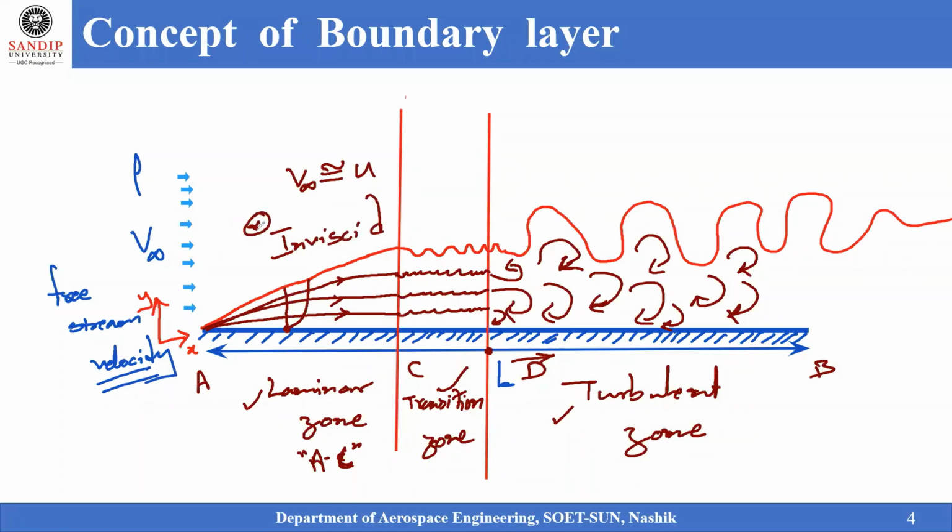The fluid will be behaving like an inviscid fluid above this particular red line, and below that it will be behaving like a real fluid, or viscous fluid. Whereas outside that region, it will be behaving like an inviscid fluid. So real fluids and ideal fluids, both we can see in this particular zone, so that is the laminar zone, transition zone, and turbulent zone.